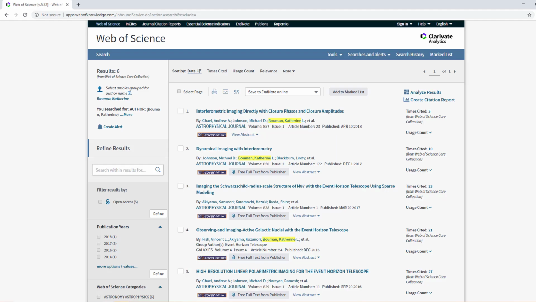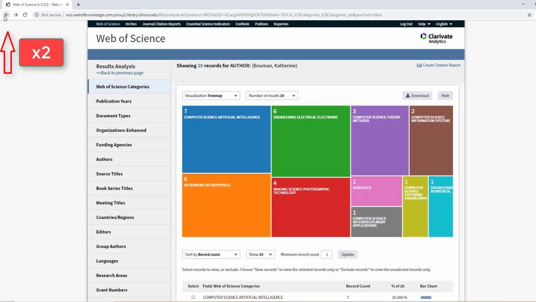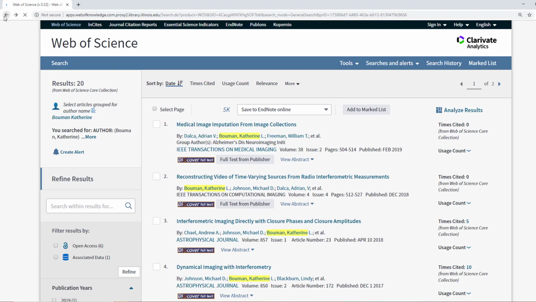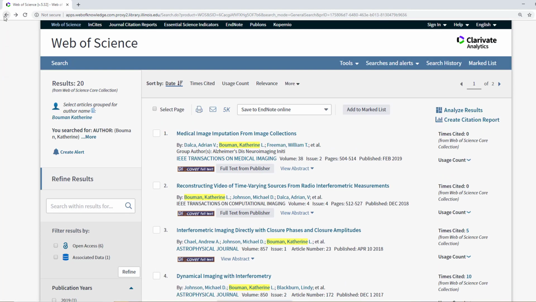These are all ways to verify that the author results are for the author you want to find more citation information about. Let us click the back button on our browsers, which should take us back to our original search. Now that we've confirmed that this is the Dr. Katie Catherine L. Bowman we want to look into, go ahead and click the Create Citation Report under the Analyze